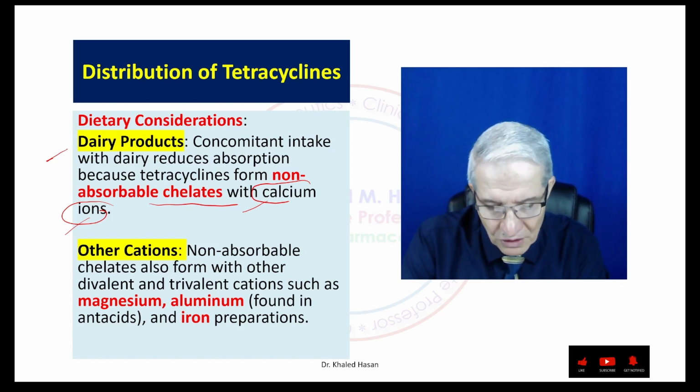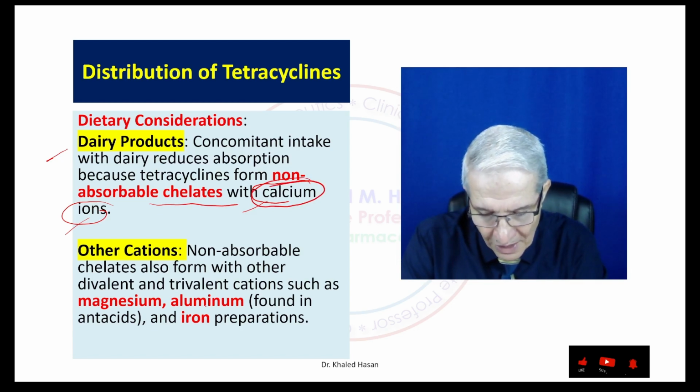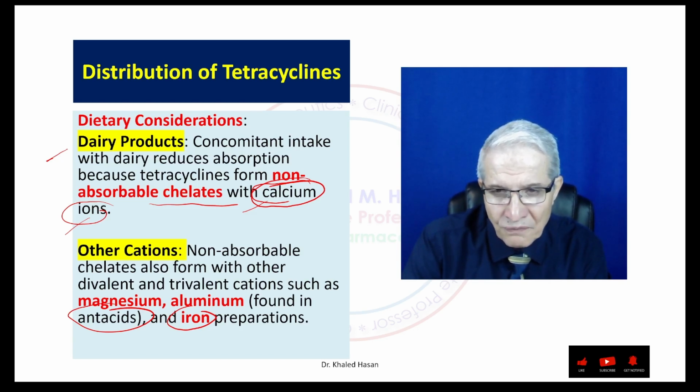Therefore, we don't recommend, for example, to use calcium or iron, as you can see, or antacids with the tetracycline, because this medication binds with the tetracycline, forming a chelate and preventing absorption of tetracycline